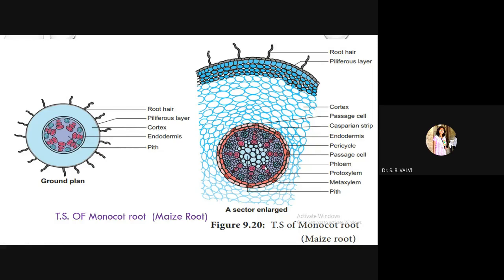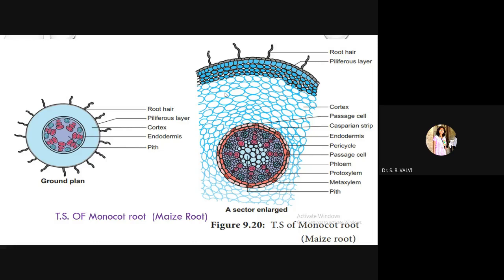So when xylem is placed like this, then the type of xylem is again different, which you have to remember. I have taught you earlier in the theory one short form you have to remember. The short form is MCPP. Okay? M stands for metaxylem, C stands for center, the first P stands for protoxylem, the second P stands for periphery. MCPP. Okay, metaxylem towards the center and protoxylem towards the periphery.